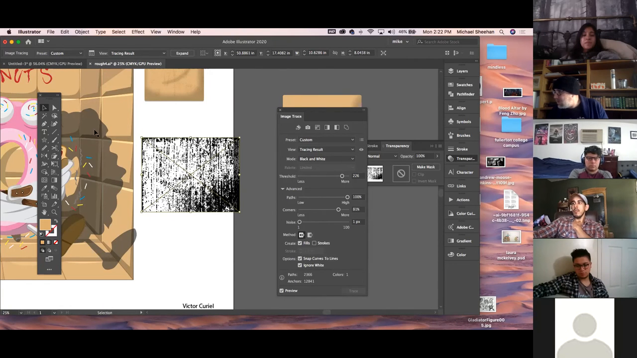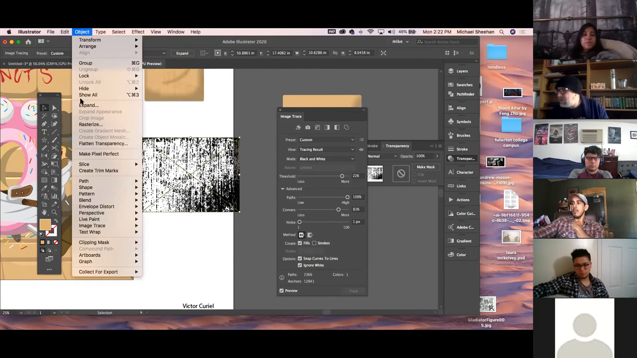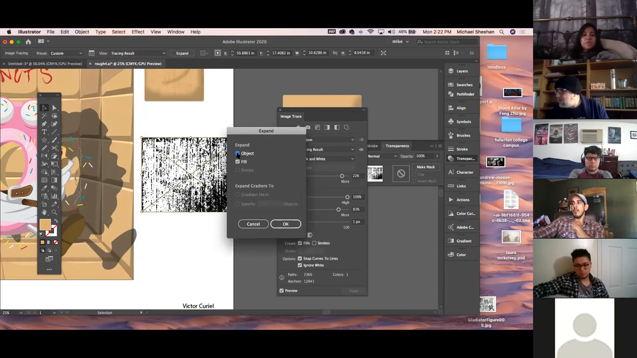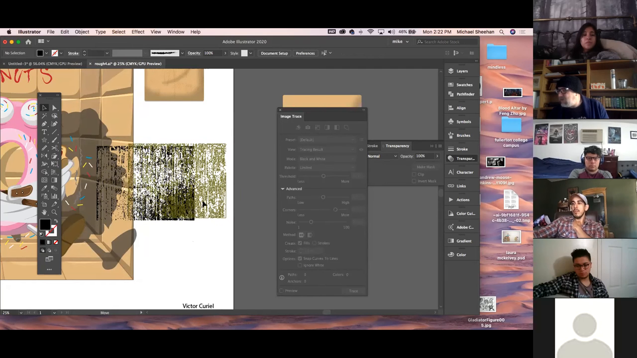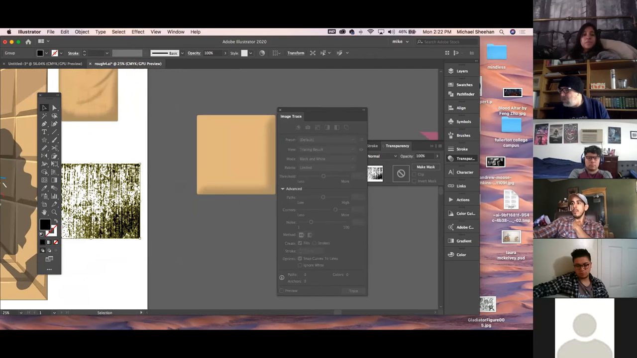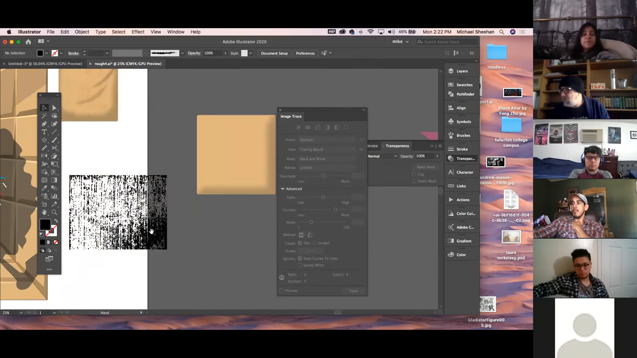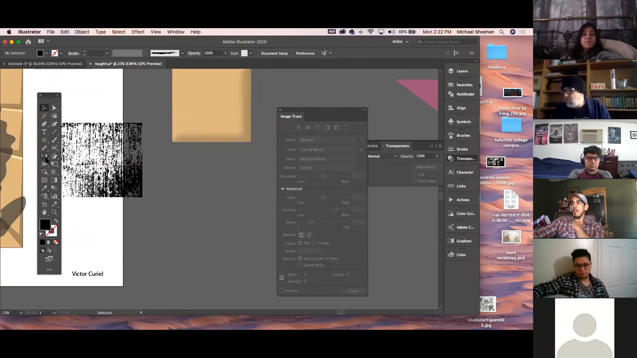And then I'm going to go, I've got ignore white. I'm going to go up to object, expand, object fill, yes. And now this is vector now, right? Now, I could also go, let's say that I go,